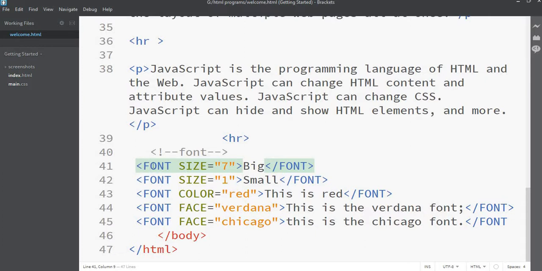If you want to set the font size, font is a tag, size means how large you want the text. Then color, what color you want, that is red. Then face means style, like Verdana, Times New Roman, Arial. So different types you can use here also. All the types that are used in MS Word you can apply here also. So try to run this.